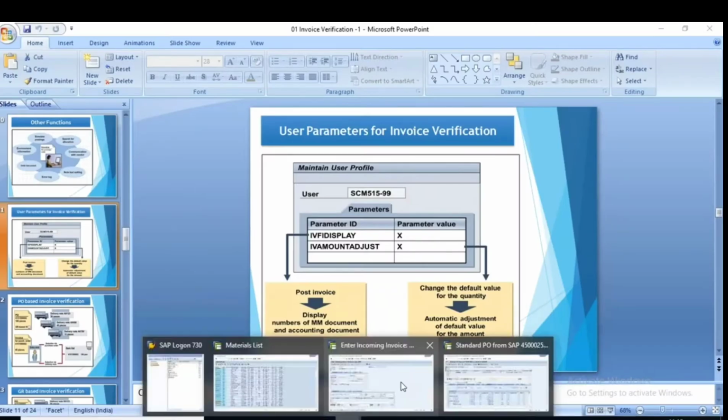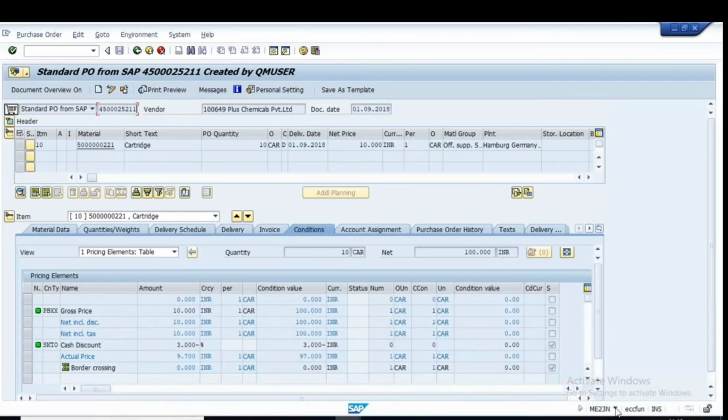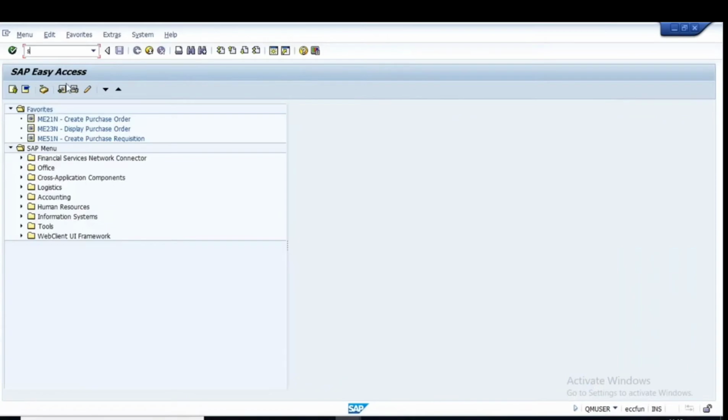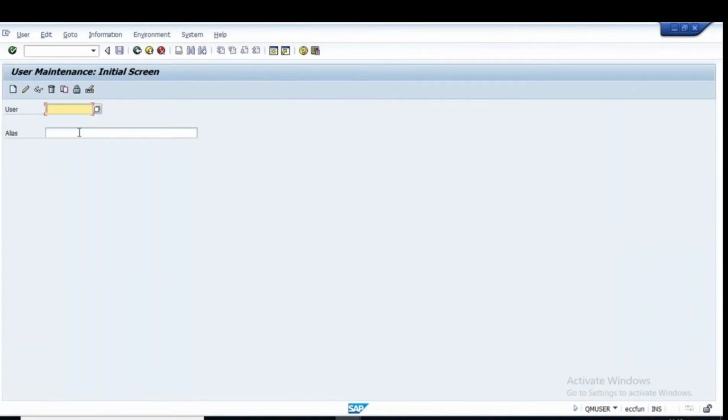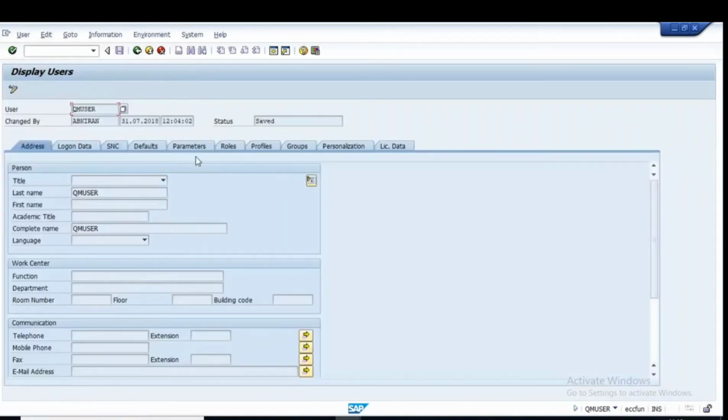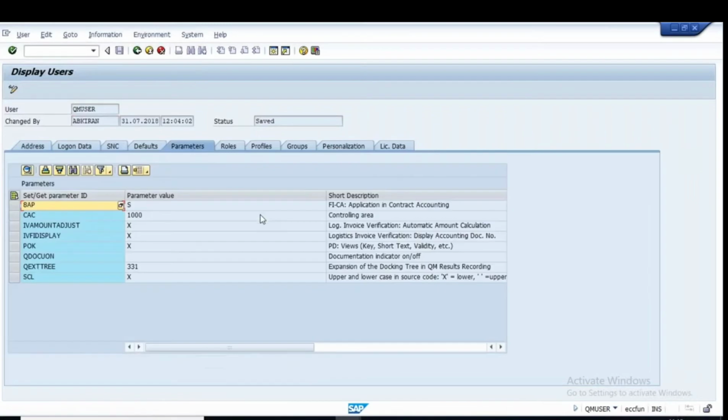Okay, I'll show you that. If I go to my user ID, what is my user ID? My user ID is QM user. To go to the user ID, you have to go to transaction SU01. Go to this transaction, go to QM user, just go to change. Okay, let's go to display. If you go to display, if you go to parameters,